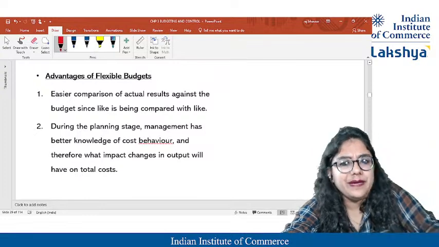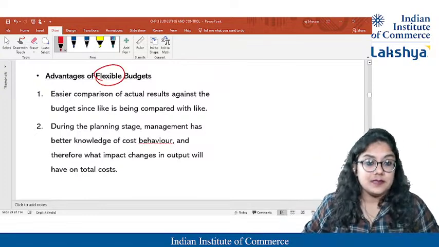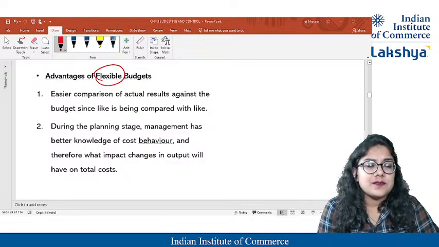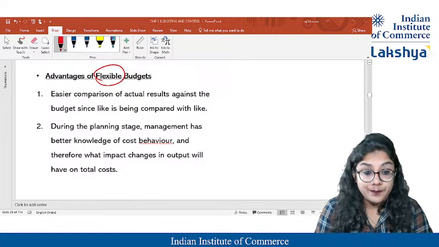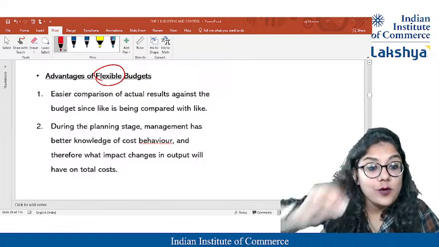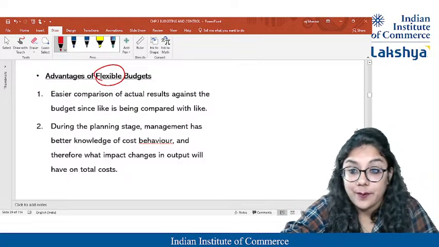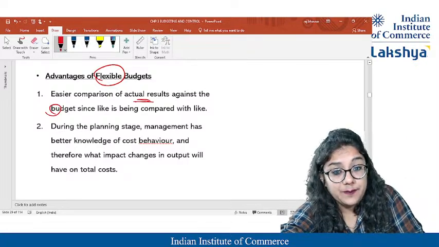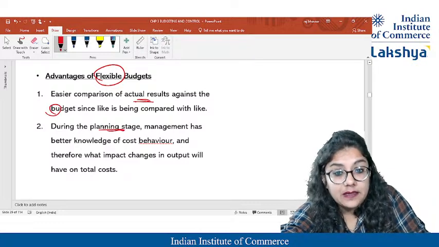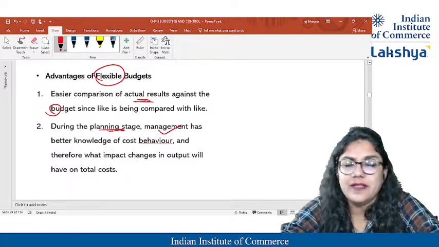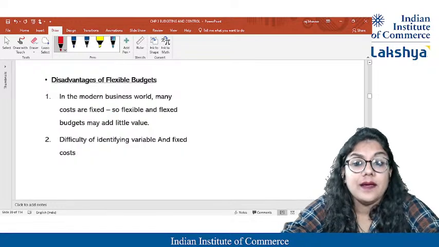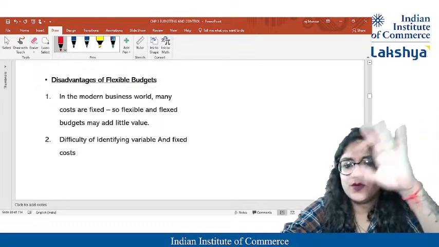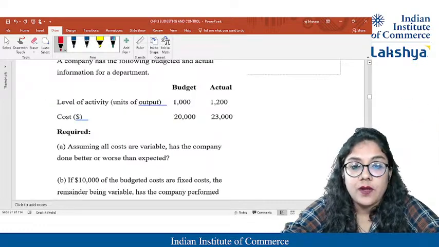What is the advantage of a flexible budget? See, something which is fixed is not better. Why? Because at times you are ignoring a lot of stuff. But when it is flexible, you are concentrating on a lot of things. For example, it's easier to compare the actuals because budgets can be compared easily. On day one itself, you will think about the cost per unit, and if there are any changes, you can adjust accordingly. But today, there are a lot of expenditures in the world which are fixed, so it's difficult to find out.